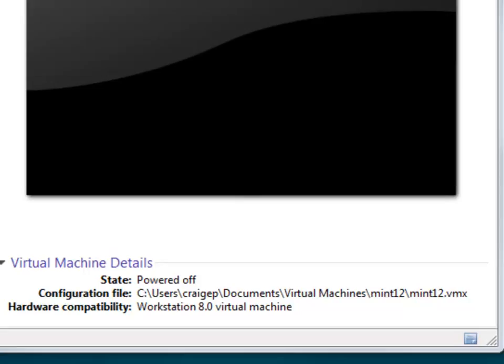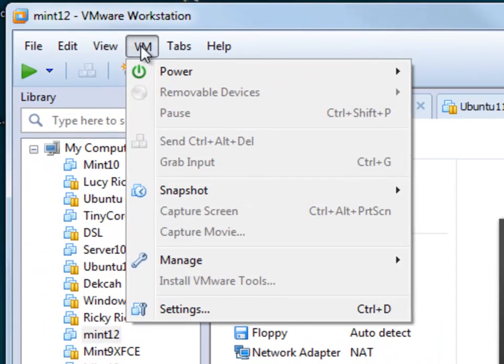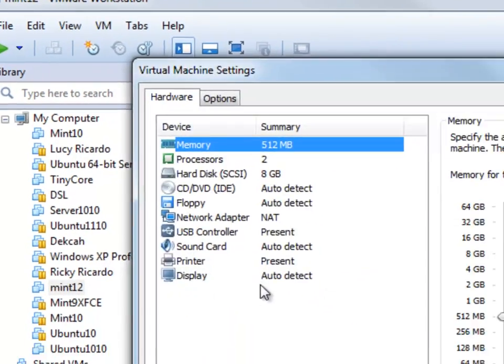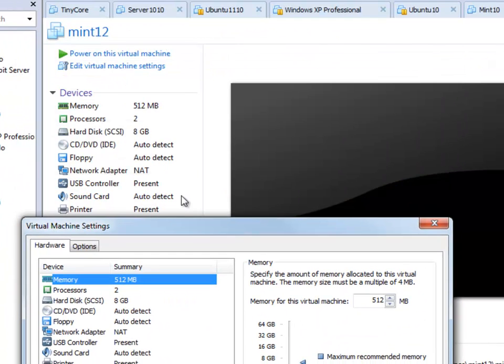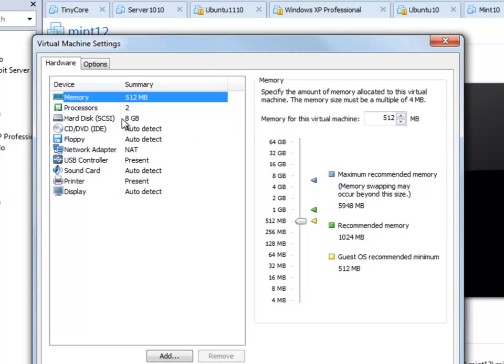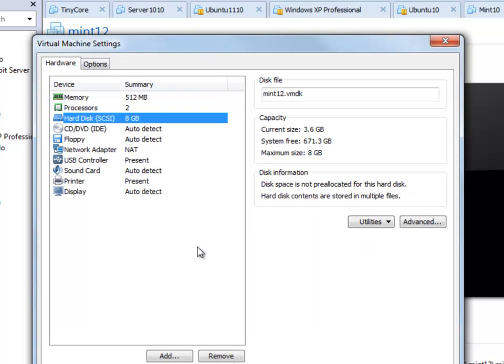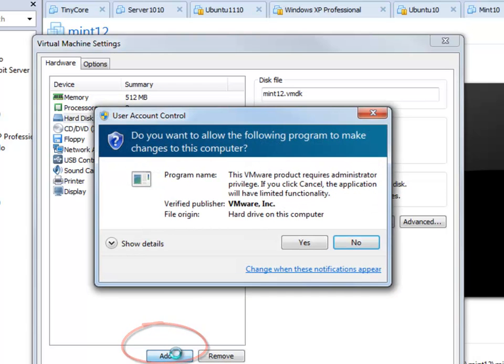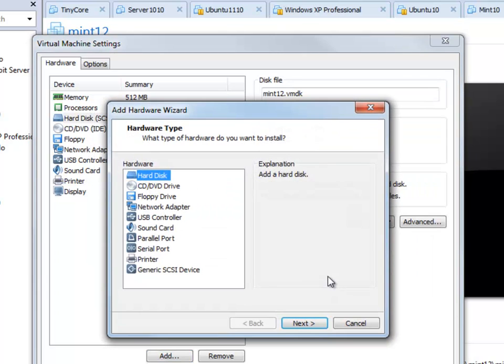So the first thing we need to do is go up to settings, and we could have done that right here from this setting, and we want to select hard drive. If we look down here, here's an add button. The hard drive is 8 gigabytes, and so we click. Windows 7 wants to know if we want to be allowed to do this. Yes, we do. So we want to add a hard disk,